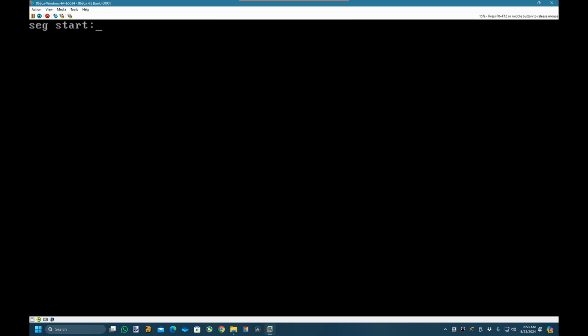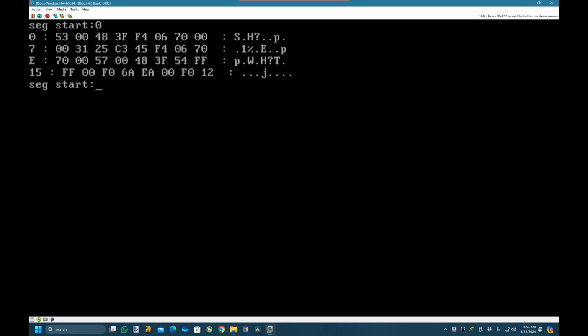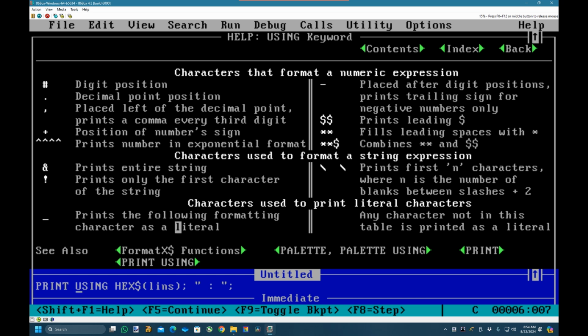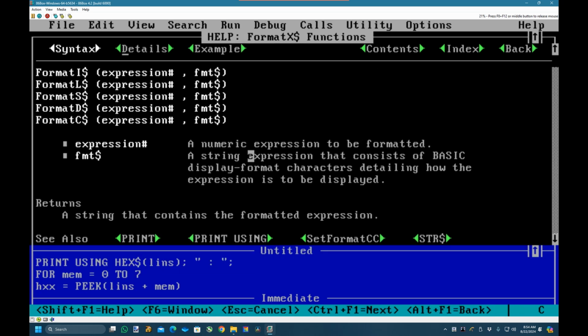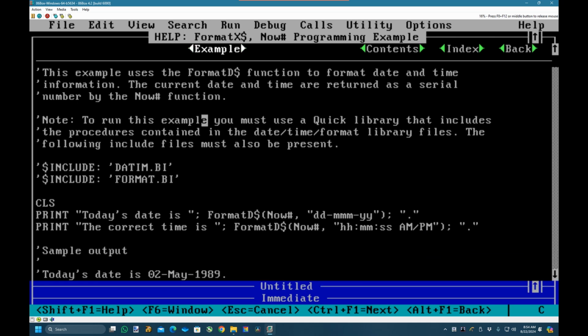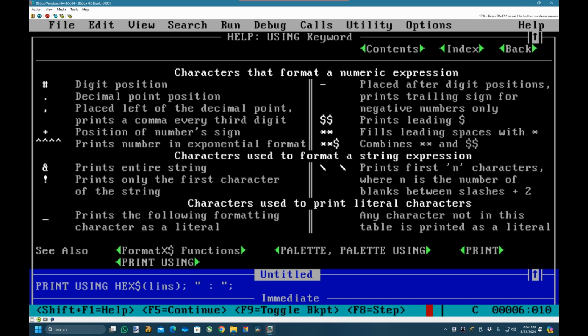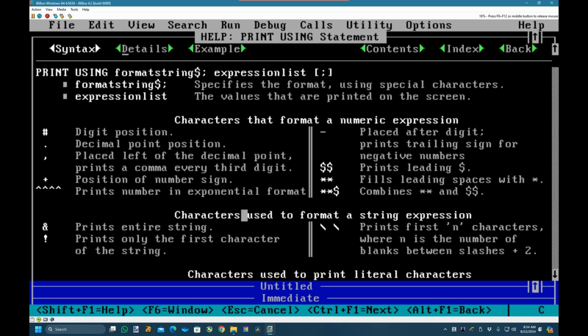So if we go from 0, we need to change them values. Is it using? But the thing is, it's printing in hex string. I don't know whether or not you can print using format hex string, is it? I think you have to have a library for that. You've got to have a dedicated library. Yeah, you have. Look, you've got to have 2 data libraries. I don't want to mess around with libraries. I think you should be able to just do it as it is. Then digital position,